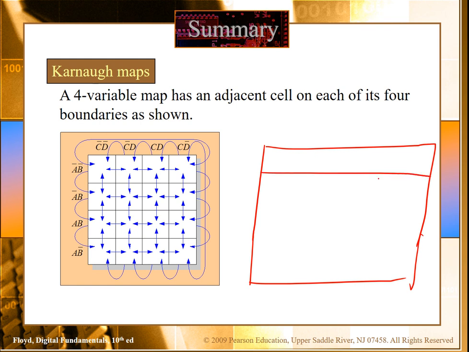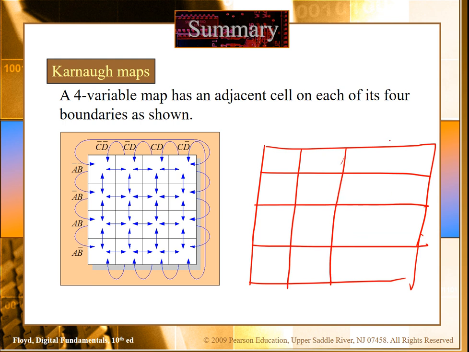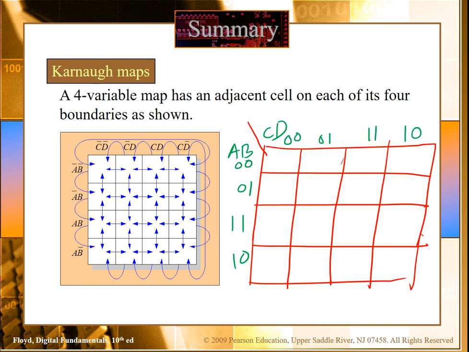Let's have 4 rows and 4 columns, and now we have 4 variables: this is A B, and this is C D. Again draw the Gray code 0 0, 0 1, then 1 1 and 1 0, for both rows and columns: 0 0, 0 1, 1 1 and 1 0.